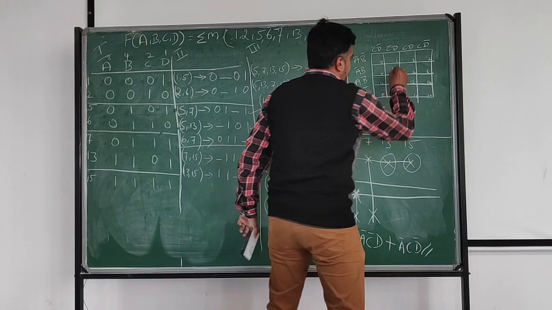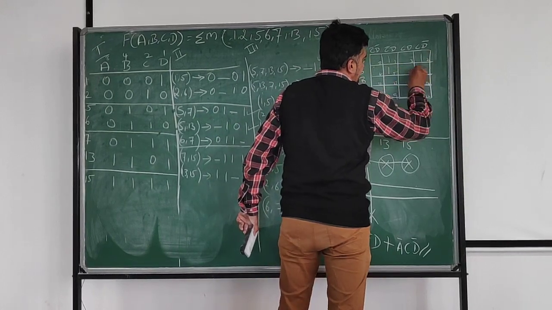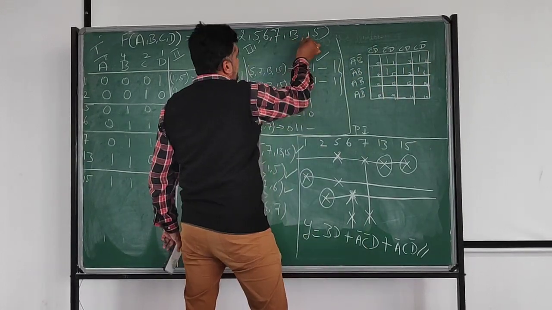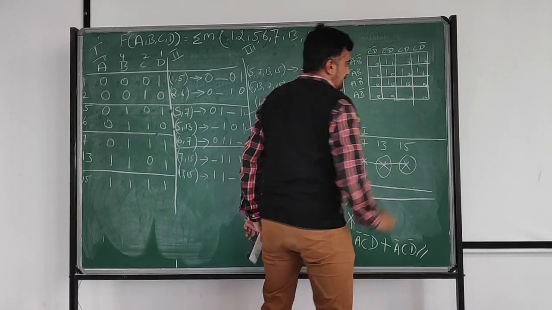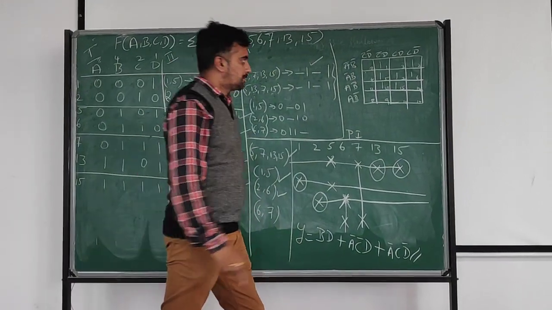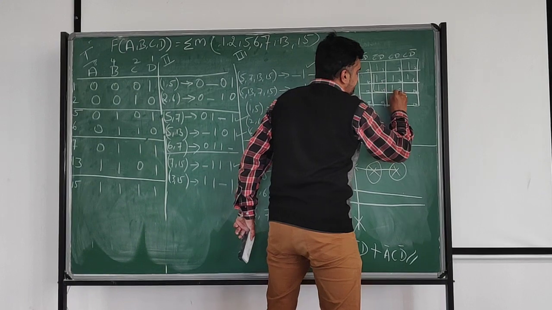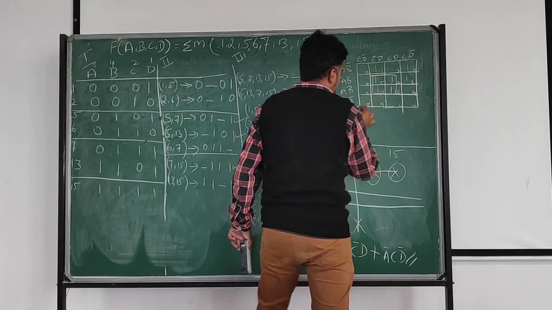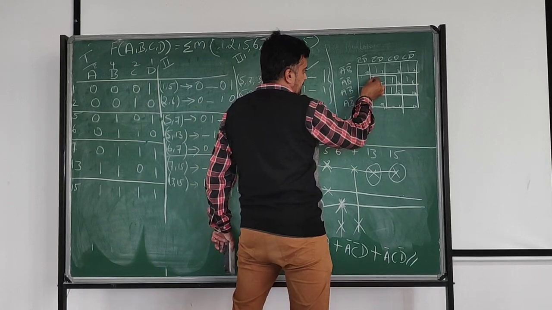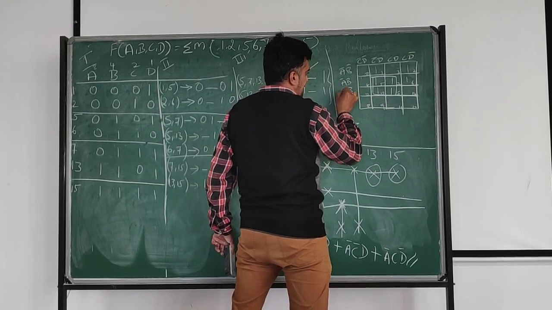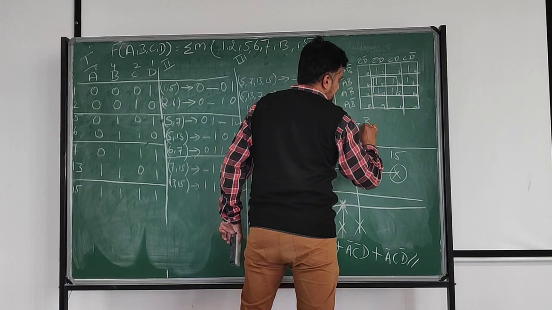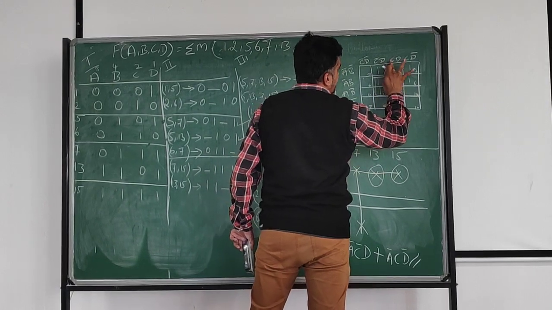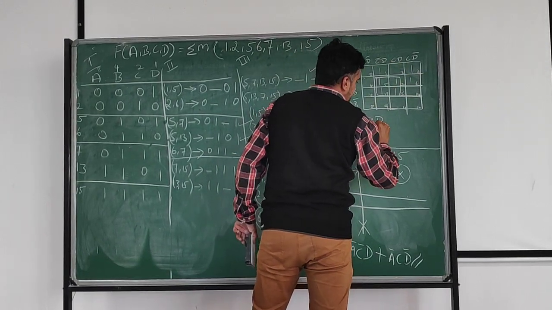After getting this, you have to map the given expression. 1, 2, 5, 6, 7, 13, 15. Now you have to map. So one quad is available here. This is Y is equal to, write the expression here only. Y is equal to, for this quad, A bar A is cancelled, remaining is B. D as it is here. C bar D, CD: C bar C is cancelled, remaining is BD plus.